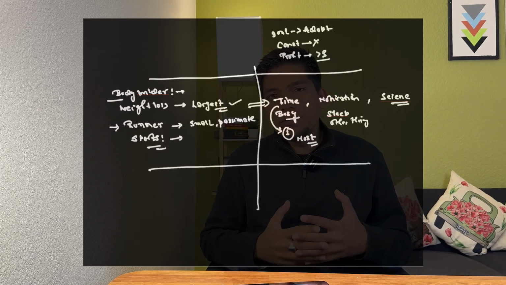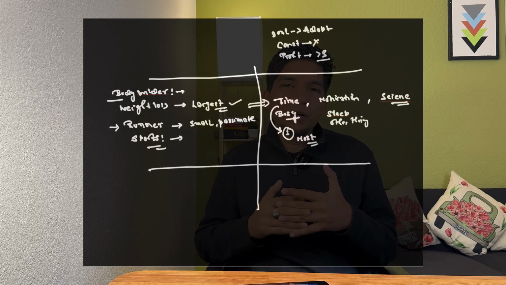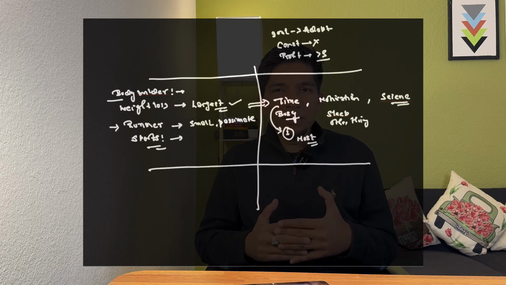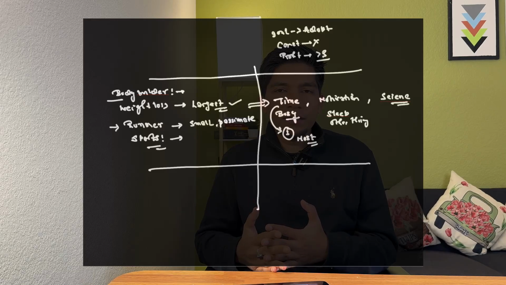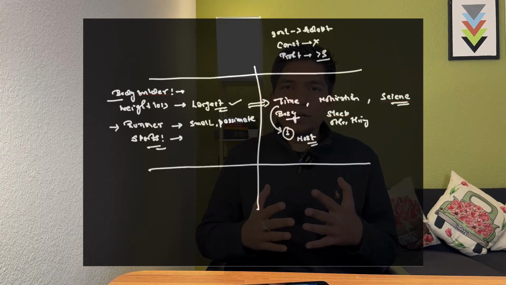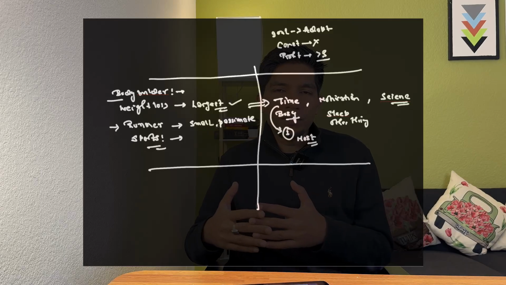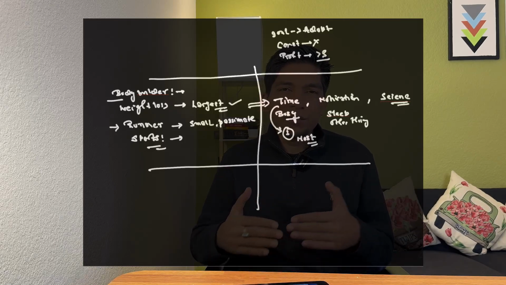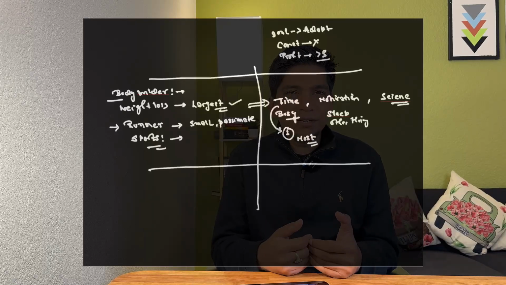The third one I noted down is the science aspect of it. A lot of people don't know what really will work. Yes, they have to eat less food, but how much less? And if they don't eat at all, that is also not okay. So what is the right way of doing a calorie deficit? What is the right way of doing exercises? How should the sleep cycle be?